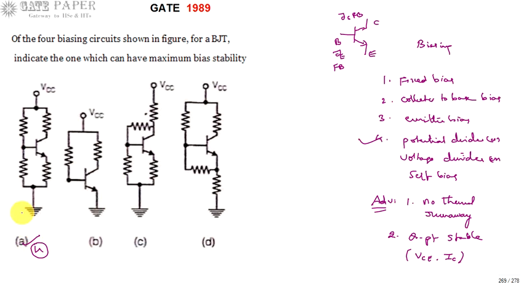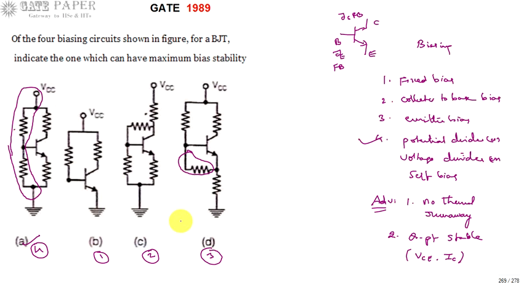It is called potential divider or self bias or voltage divider because if you look at the base side, at the base it looks like a voltage division is placed. This second one is the fixed bias circuit, and the third one is the collector to base bias circuit. Fourth one is a slight modification of emitter bias. If this resistor is not there, this is emitter bias, and if you place this resistor also, there is not much change in the emitter bias results. So this is treated as an emitter bias circuit.